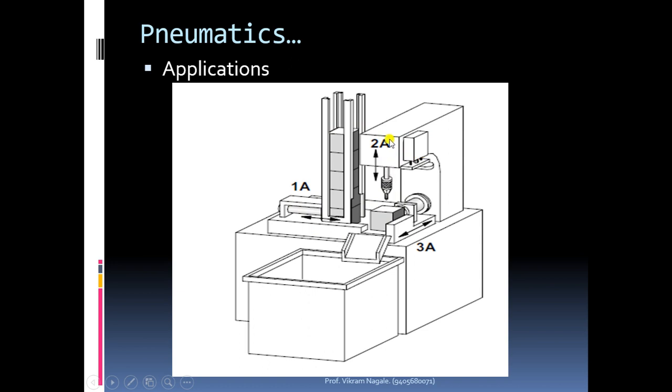Now this cylinder B is utilized in order to take the tool to the face of this object. Okay, so once it is touching the face, drilling will happen. So this is cylinder B and this is cylinder C that is used to remove the object from this position